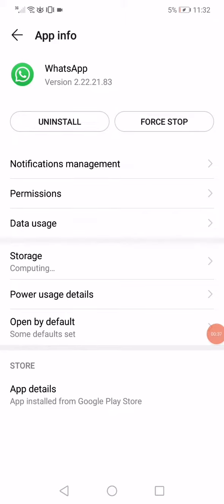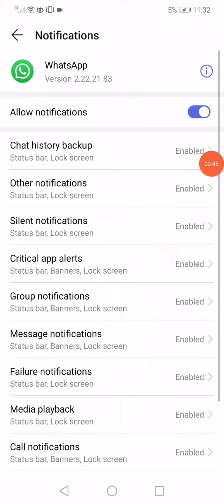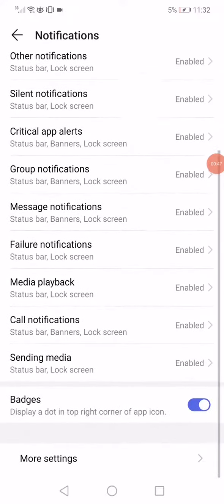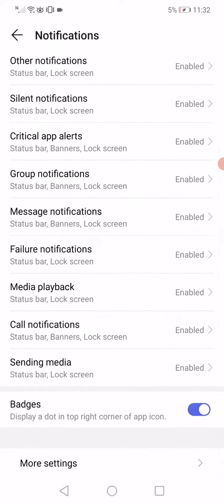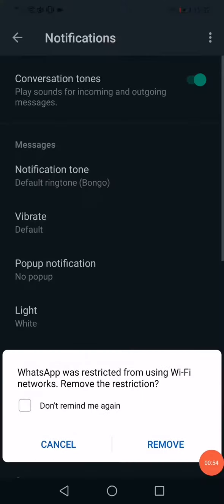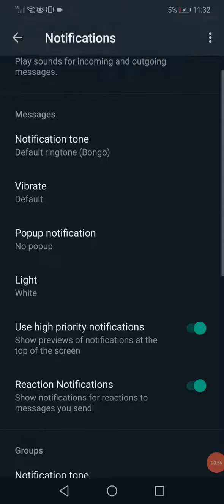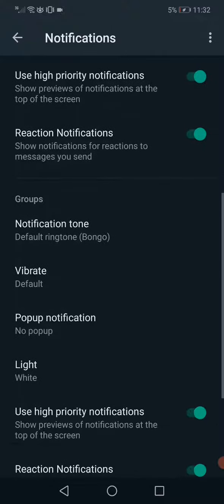Now all you have to do is so easy, just click on force stop, and now go to notification management, scroll down until you find this more settings option. When you click on it, scroll until you find